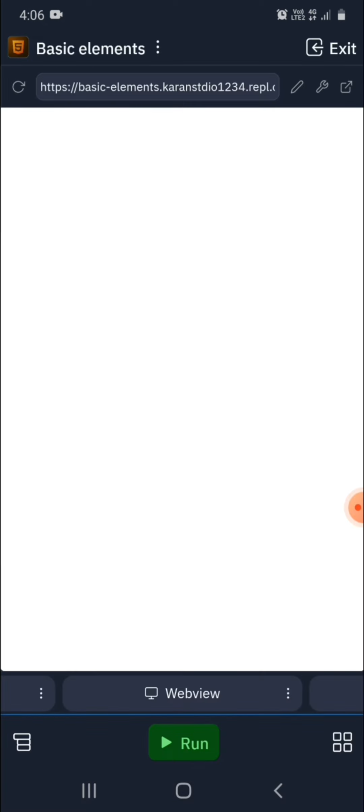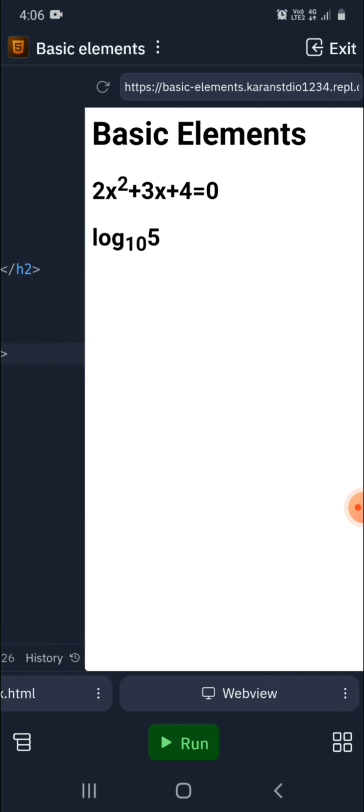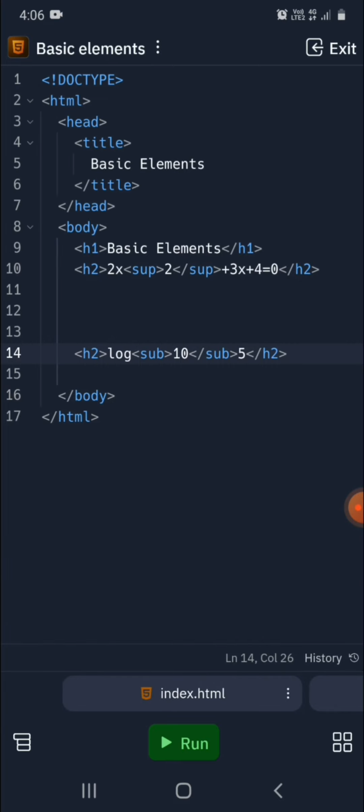So you can see here log of 5 base 10. This 10 comes at the bottom because we have used subscript. So if we want any number at the top, then we will write superscript, and if we want a number at the bottom, then we will write subscript. So I hope you have understood what subscript and superscript are. And